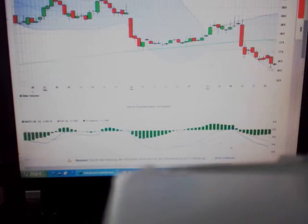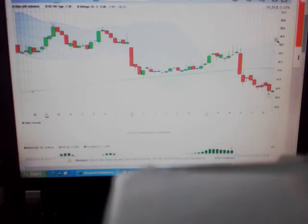Afterwards, yes, we could drop once again to the $16 level, to get a double bottom at the low 16 area for silver, maybe, and then a new big up leg. Or maybe even after this rebound to the 17.5, 17.6 area, maybe silver can get back above the 200-day moving